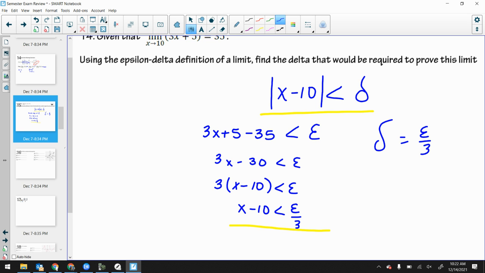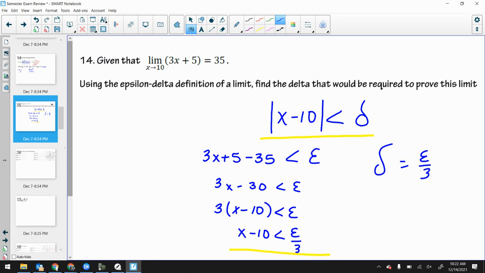And you got the x minus 10 because I'm saying the difference of x away from 10 is my delta, right? How close do I need to get to 10? The difference away from 10. As I approach x, how close do I need to get to 10 to ensure it to be close enough to 35? How close? Epsilon close. We didn't decide that in this one. We're just making it arbitrary.